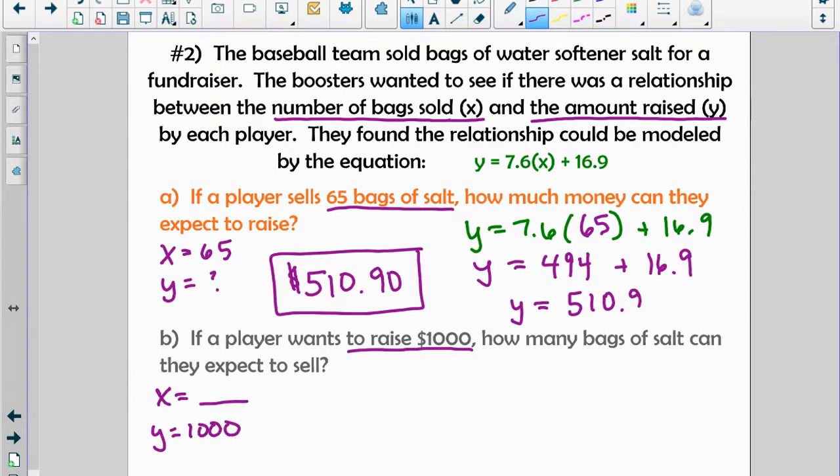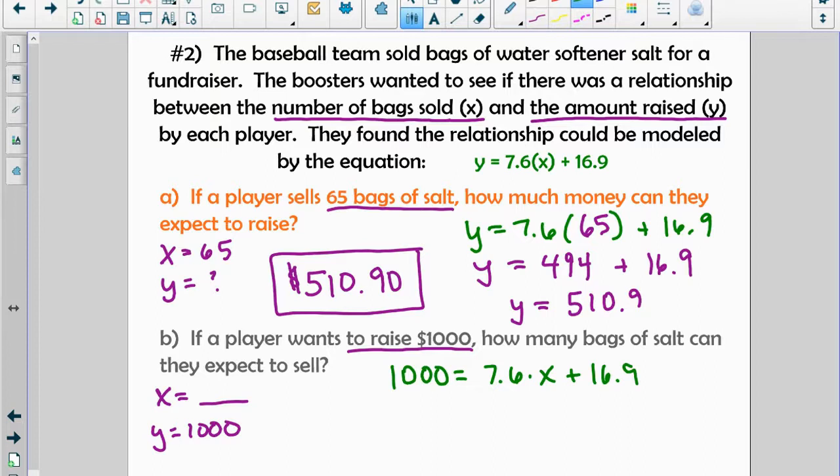In other words, how many bags of salt could be sold to raise $1,000. So we take our same equation, 7.6 times x plus 16.9, and we are going to replace what we know. And in this equation, we know that the y value has to be $1,000,